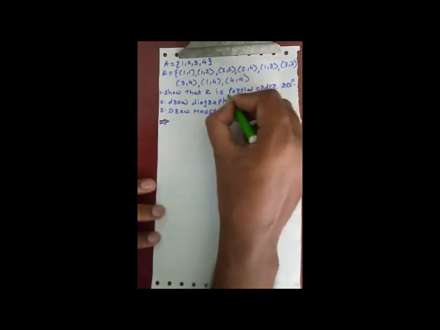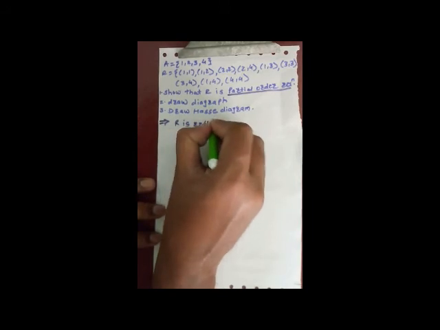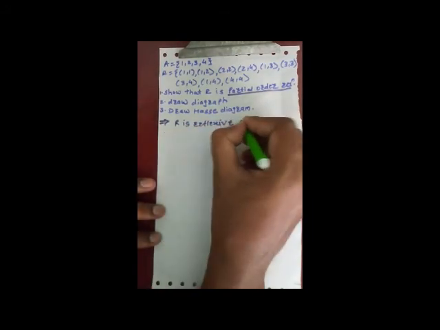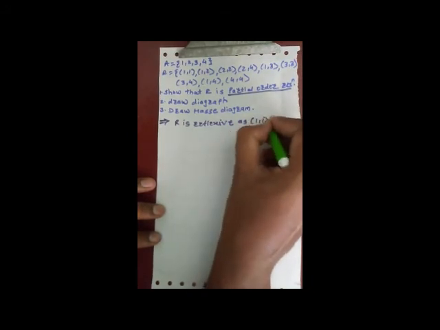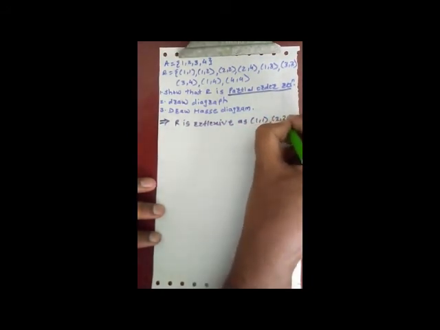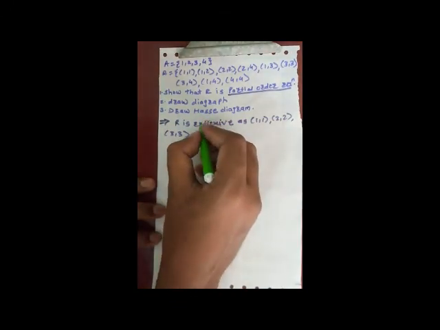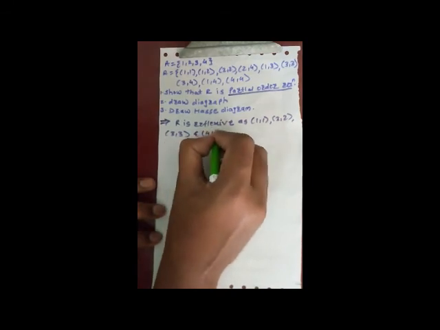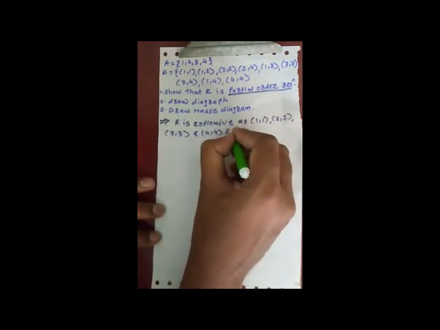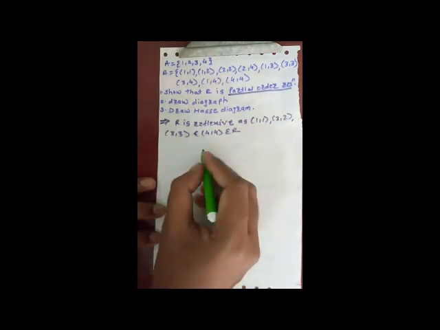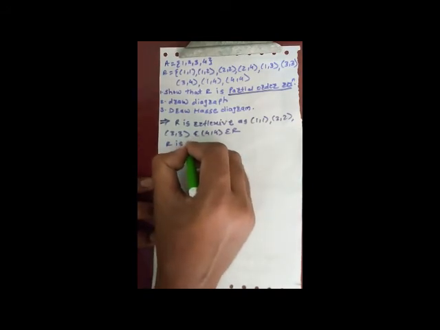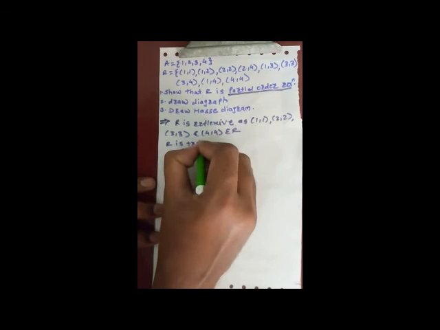So for a partial order relation, R is reflexive, as 1 comma 1, again 2 comma 2, again 3 comma 3, and 4 comma 4 belong to R. So R is reflexive. Second, R is transitive,